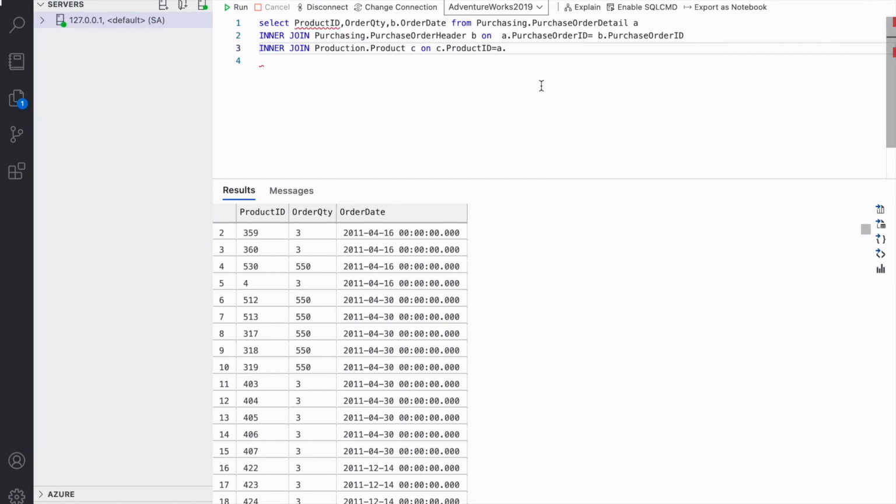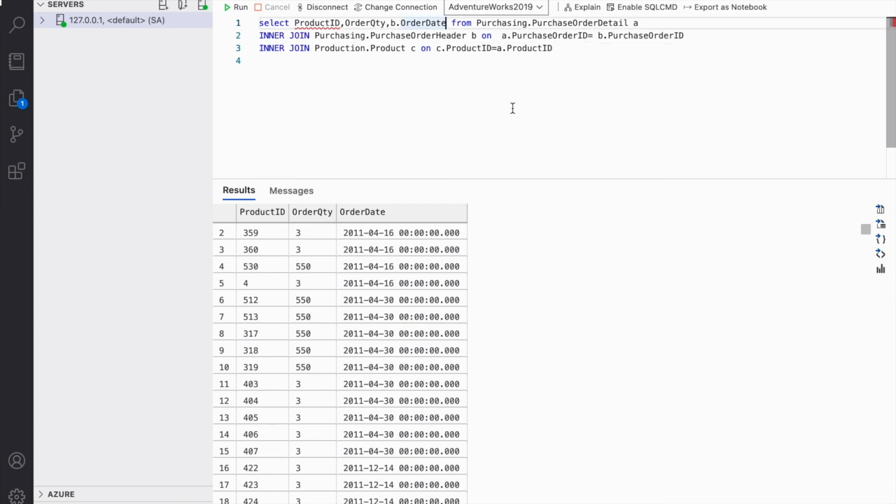Consider this as one table, and for the next join, we know that these three rows will be available, so we can make the join from this table or from this table. This will be considered the left table here, although I'm saying this is the left or this is the right table. In the inner join it won't be needed, but once we go to the left or right join, then we need to know the notion of left and right table. So A dot product ID,